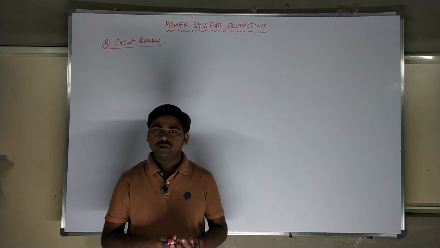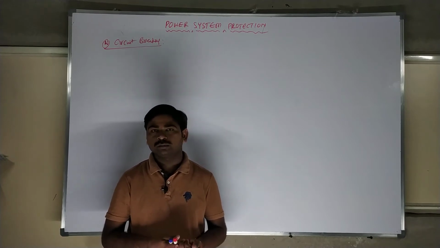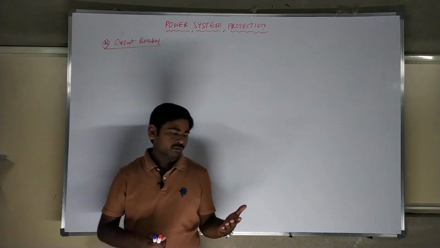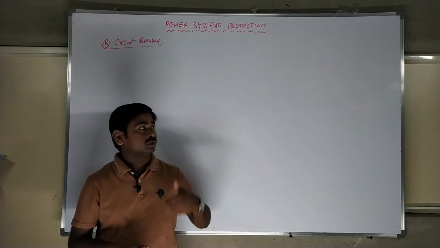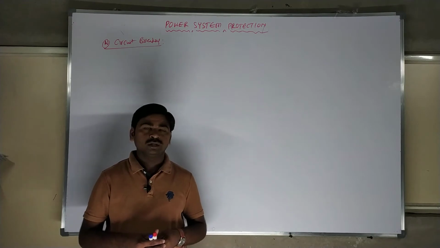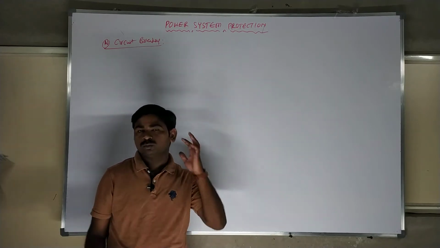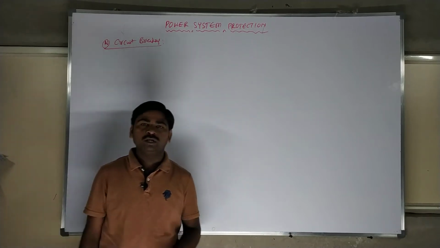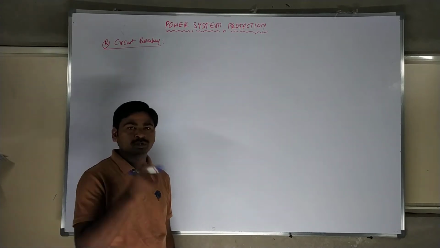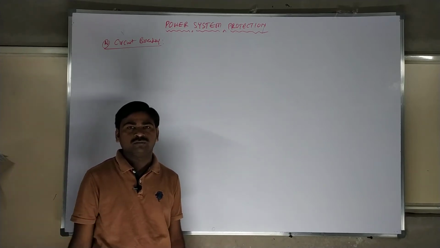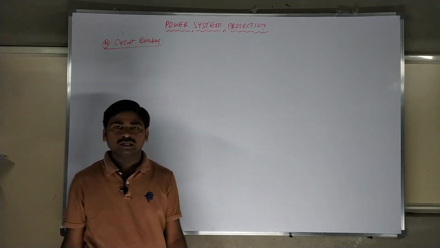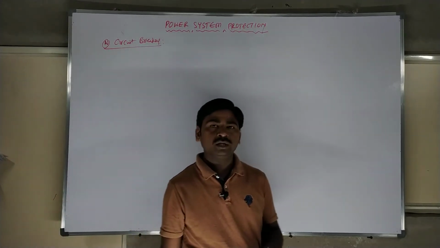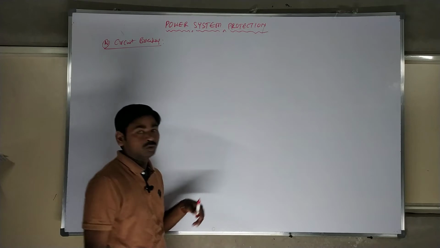In that case, we have one drawback: we are losing a considerable amount of time. To overcome such a drawback in a positive manner, we are switching to a circuit breaker. One more interesting thing is that fuses are used in small rating equipment. But for higher rating, high voltage, high current systems, fuses are not up to the mark and will blow within a short span of time. So for protecting the system automatically, we switch to circuit breakers.